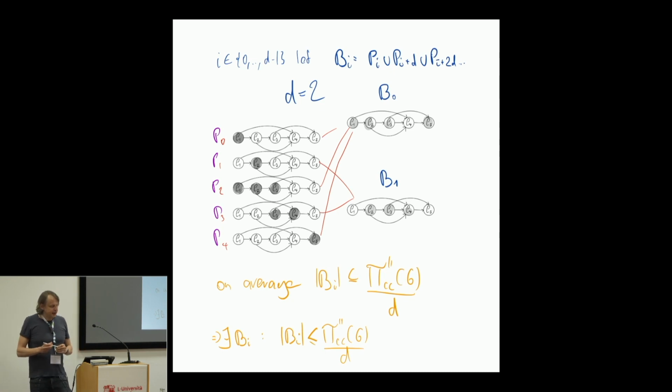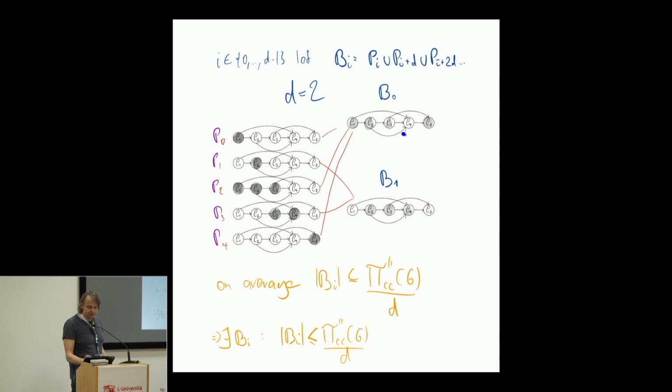I claim that, so here is the symbol, I claim that on average, the Bi's are quite small. Basically it's the Pebbling complexity divided by d. Why is this the case? I mean, obviously, if I sum up the pebbles in each of those configurations, 1 plus 1 plus 3 plus 2 plus 1, this is going to be this complexity here, right? And obviously, the number of